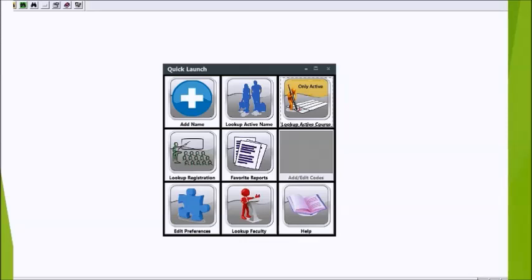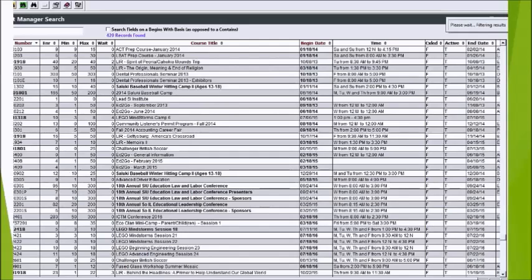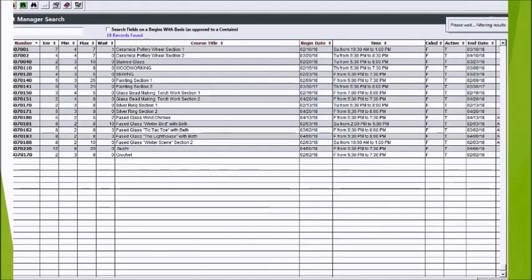Okay, so we're going to show you next how to clone. First we're going to go and look up an active course that we're going to clone. There we go. We're going to pull up some familiar craft shop course numbers. Spring 18, it was fiscal year, spring semester, and CS for craft shop, and that pulls up all of our workshops there. I'm going to go to this pottery class